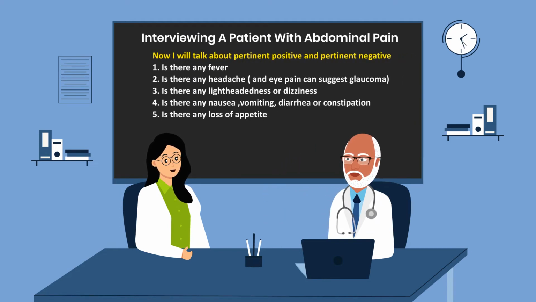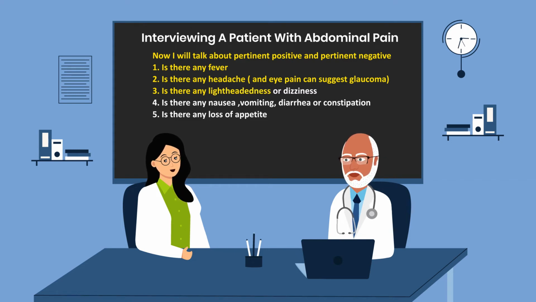Now, I want to talk about a few things that's known as pertinent positive and pertinent negative. So, in addition to the history of the pain, there are a few other questions that I'm concerned about. Number one, is there any fever? Fever with abdominal pain is suggestive of infection. Is there any headache? Headache with abdominal pain, headache with associated eye pain and abdominal pain is suggestive of close-angle